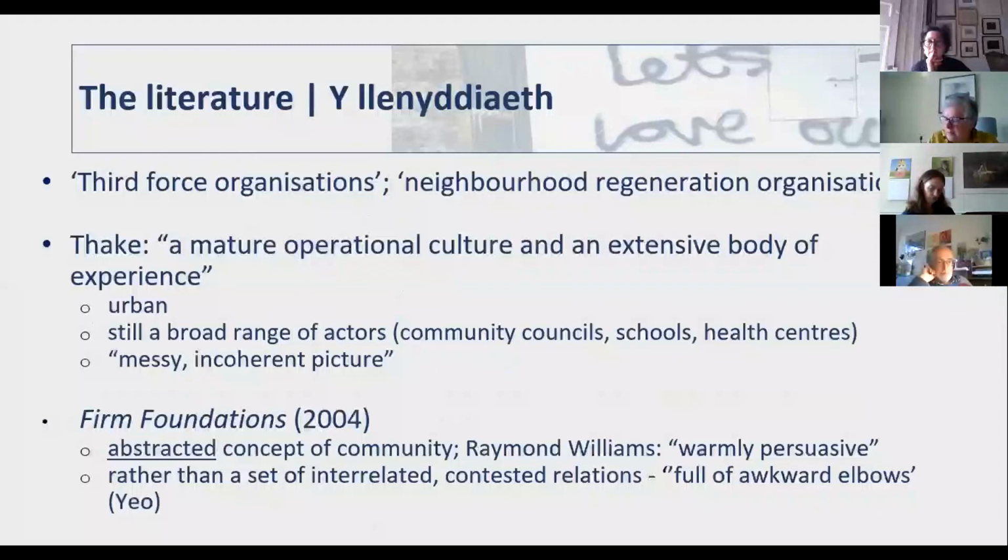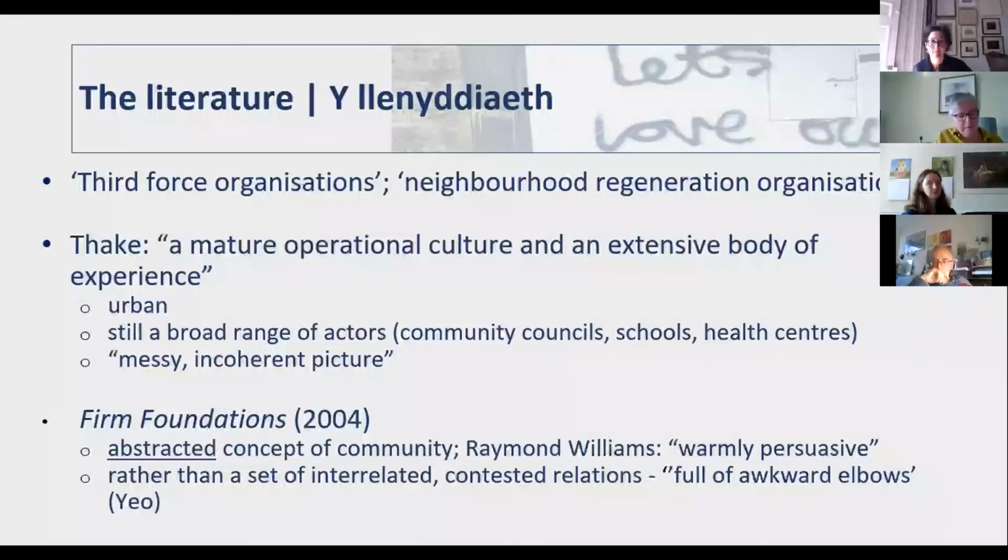I'm not going to dwell on this at all, but it echoes the point that Sue made around not being familiar with the term. In a lot of the urban politics agenda, urban theory agenda, and literature, there's reference to anchors. They can be found within some of this literature, but they tend to be grouped under fairly overarching, I think Nick used the term nebulous in the chat, fairly bland, generic names, just catch-alls. Third force organisations, neighbourhood regeneration organisations.